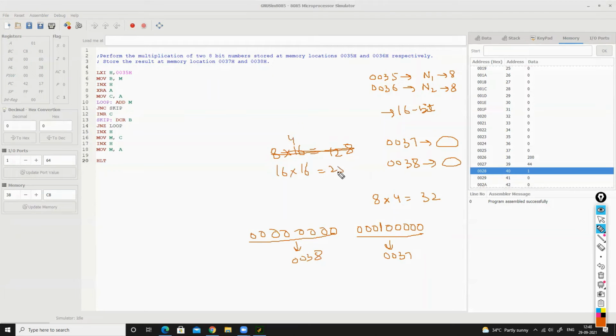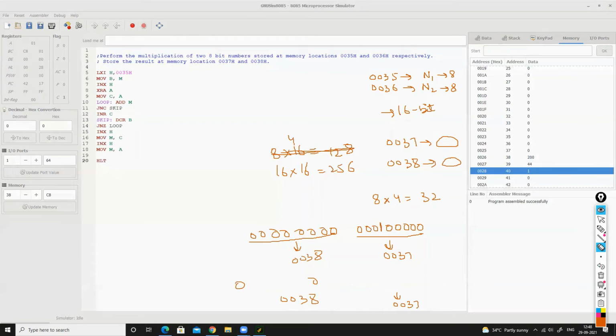So 16 into 16 is 256. In binary, it will be 0, 0, 0, 0, 0, 0, 0, 0, and then 1, 0, 0, 0, 0, 0, 0, 0. So these 8 bits will be stored at 0037 and the other bits will be stored at 0038. Let's see how we can perform these multiplications.